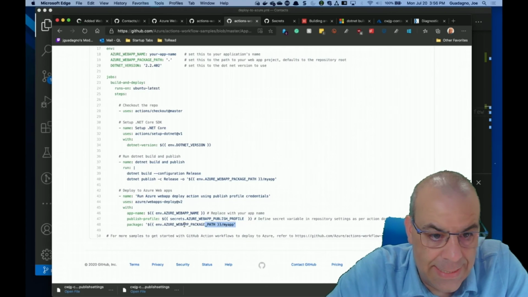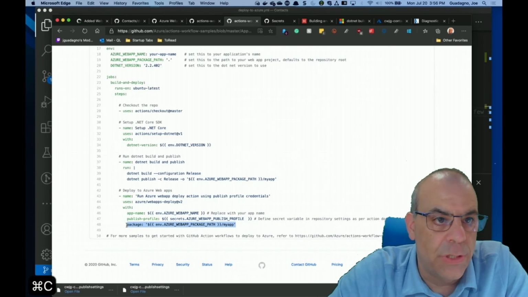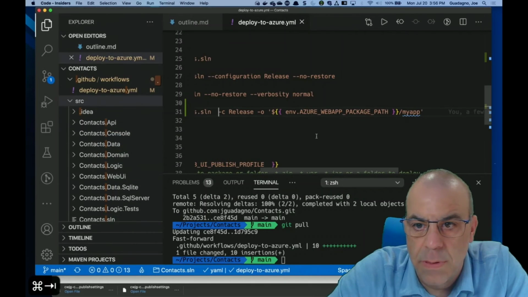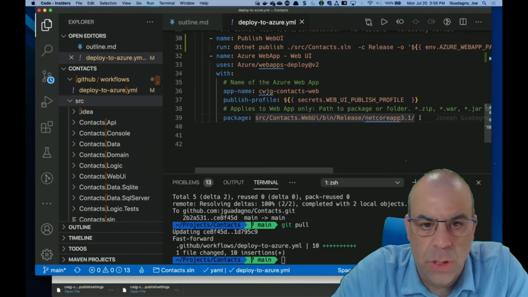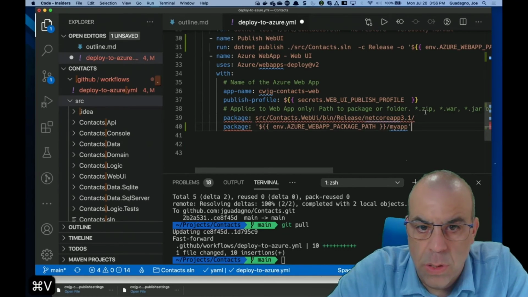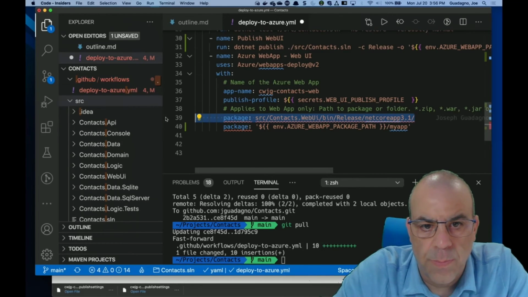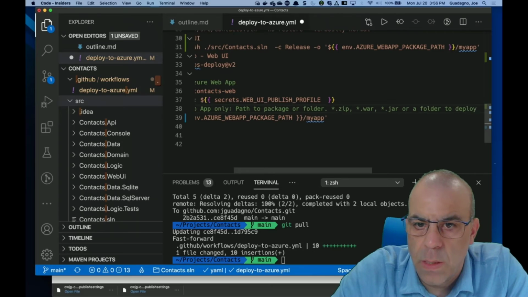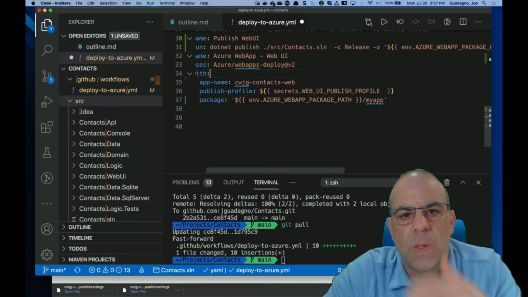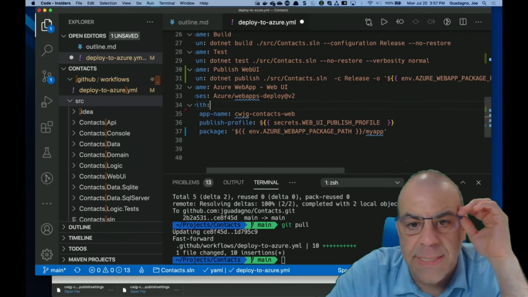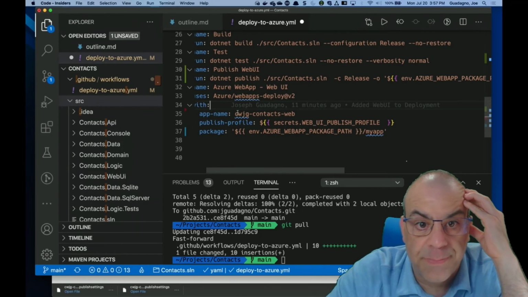I guess that's standard, so we'll just use the My App for now. We'll see if that affects it. Package. I don't know if the My App has anything to do with it, but